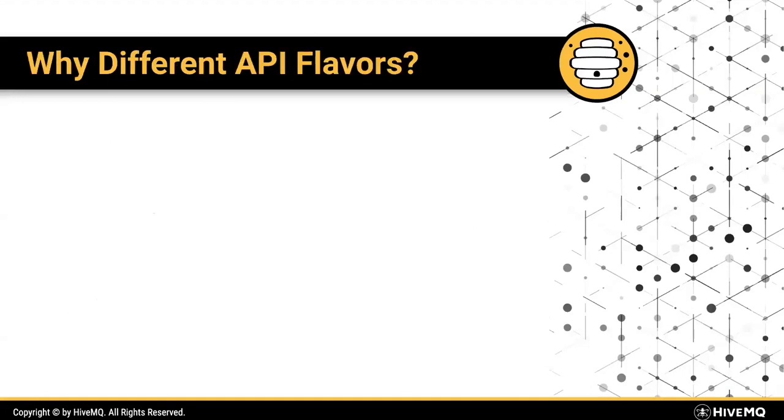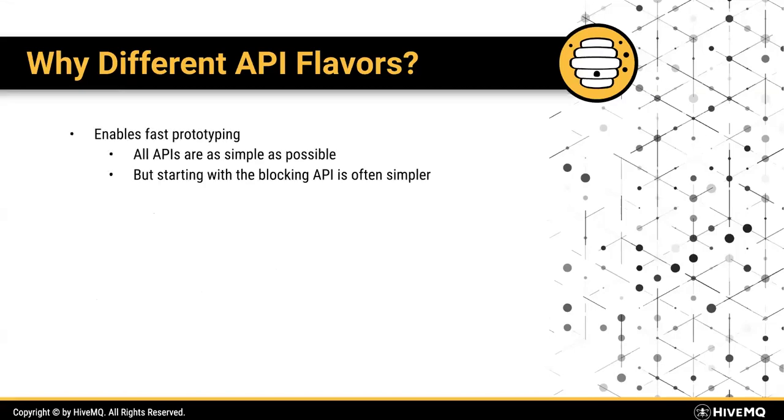And what's really important is that you can use this library in a flexible way. So you don't have to choose an architecture up front. You can start prototyping with an easy blocking API. It is often simpler to start with just easy, small steps, and develop further. So you don't have to think about all the architectural changes you have to make in the future.